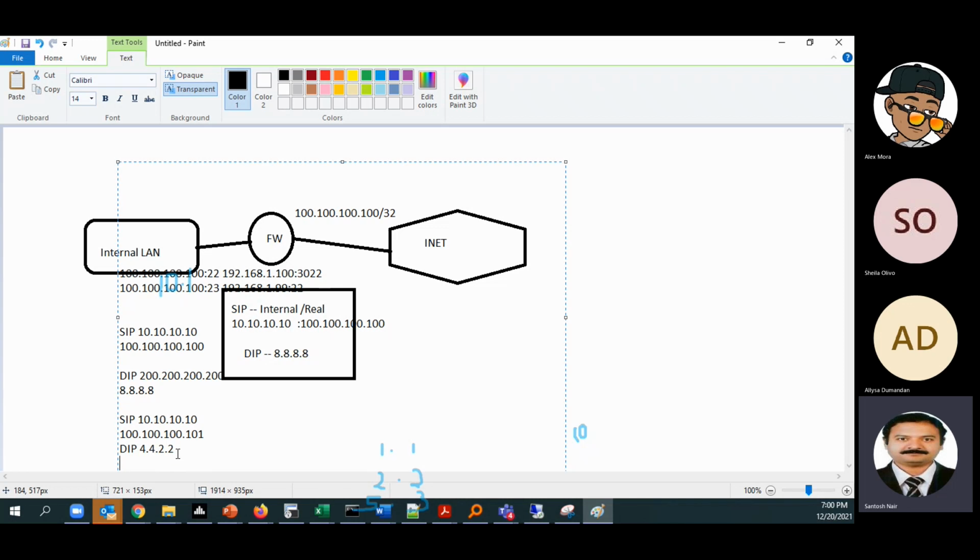If this is the destination, it has to get translated to 101. If this is the destination, it has to get translated to 100, and the destination has to be changed to 8.8.8.8. So we have a lot of permutation and combination that we can do using twice NAT. It's very flexible.